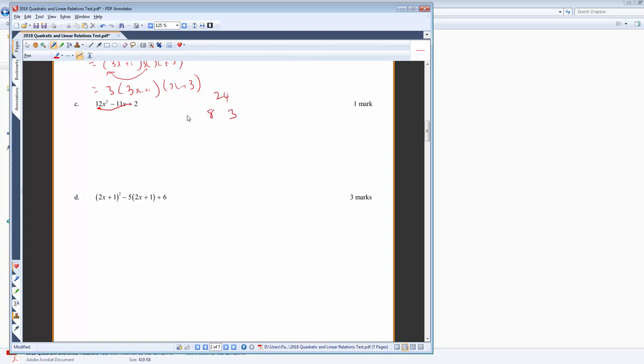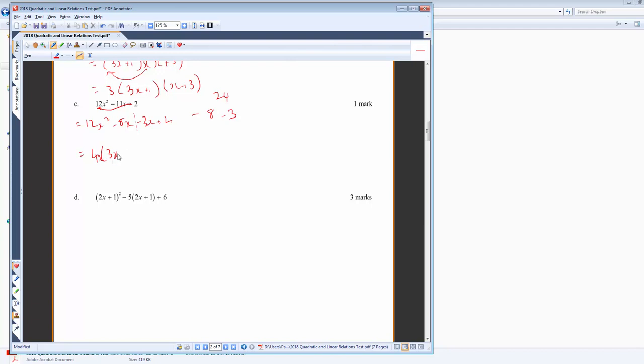Alright, so it's going to be -8 take away 3, and negative times a negative is a positive. Alright, so what we must do at this stage now is go 12x squared, take 8x, take 3x plus 2. Now this stage has to happen, and what we're going to use now is this grouping 2 and 2 technique to factorise the problem. So now we've got 4 as a common factor here,